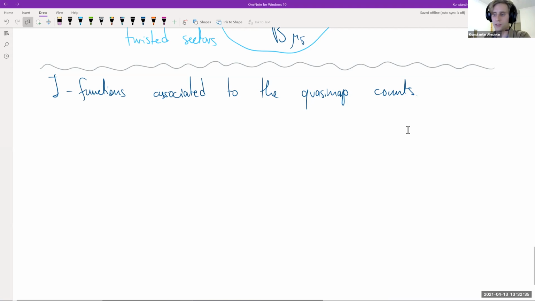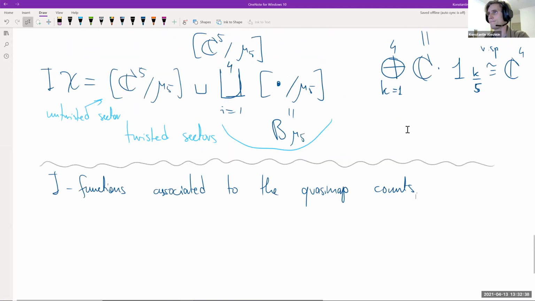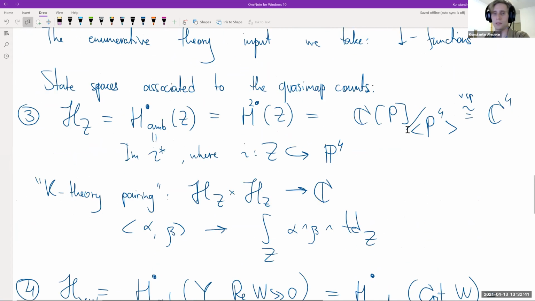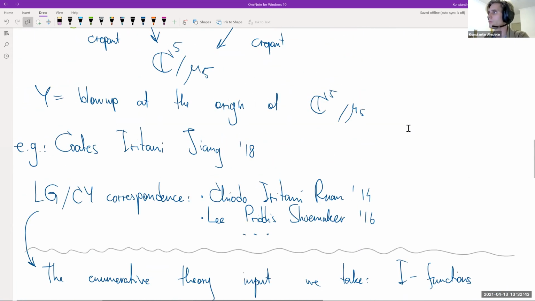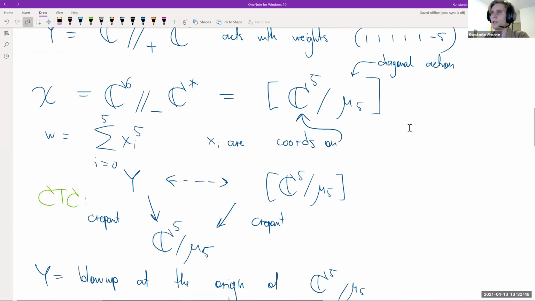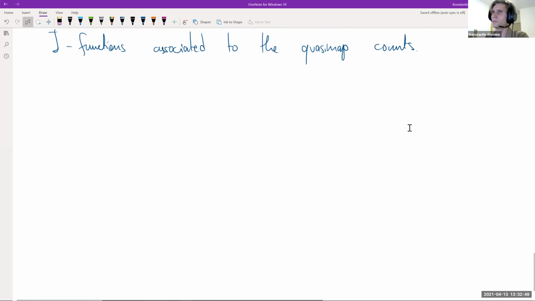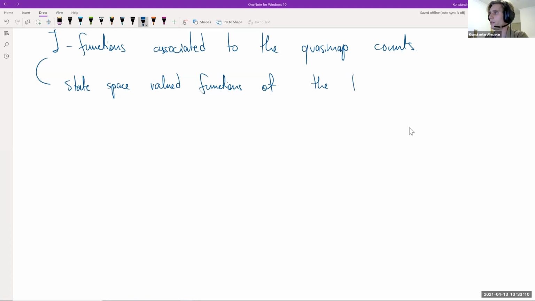But you could think about them as some input to the theory. And let's start with this: I functions are state space valued functions of the Kähler variable, which I'll describe later, and